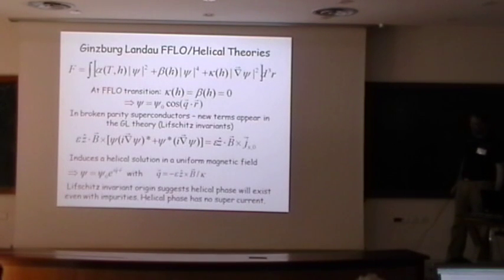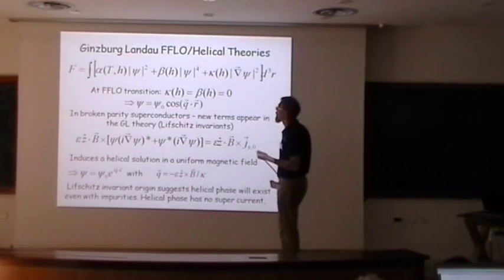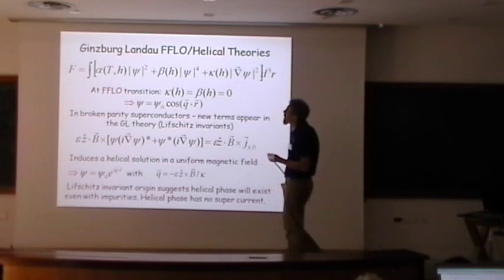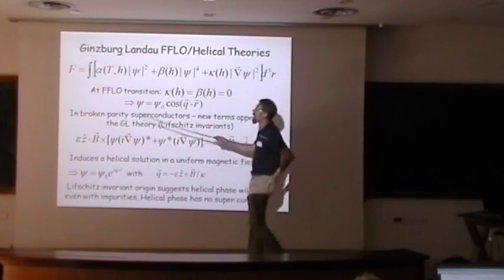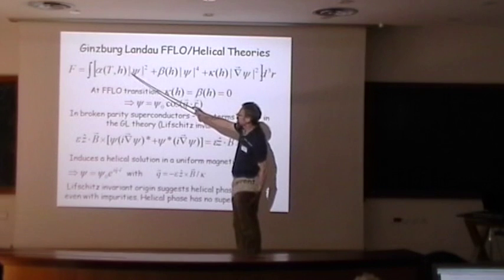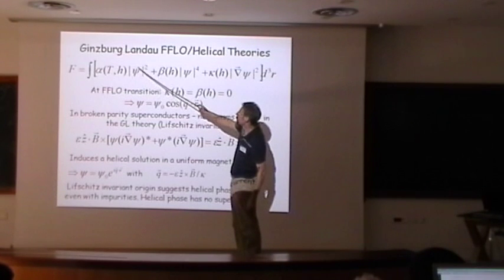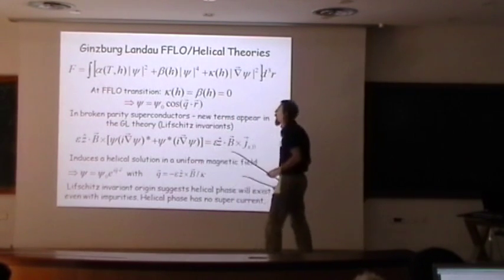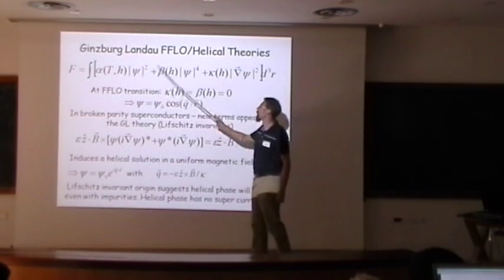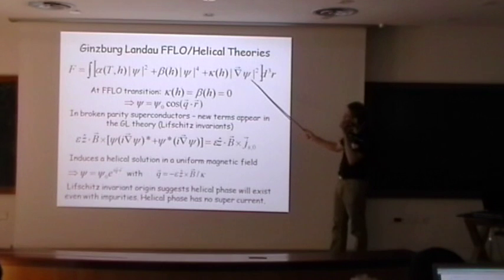All right. So what I want to turn to now is the origin of these two different phases, and the simplest way to see it is through Ginzburg-Landau theory. Here I've written the Ginzburg-Landau theory, where the idea is that you have a second order phase transition, and at a second order phase transition the order parameter vanishes, and so you can carry out a Taylor series expansion in powers of the order parameter. It's sufficient to keep the quadratic term and the quartic term, but you also have to allow for spatial variations of the order parameter.